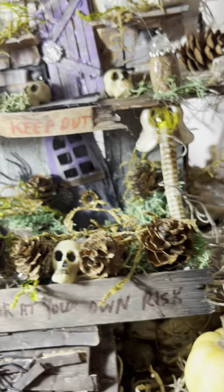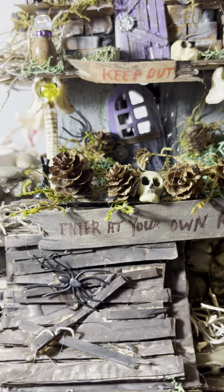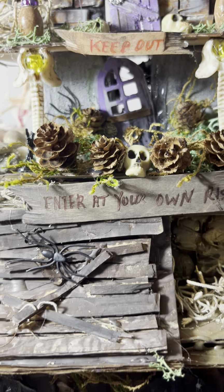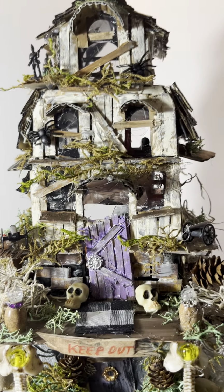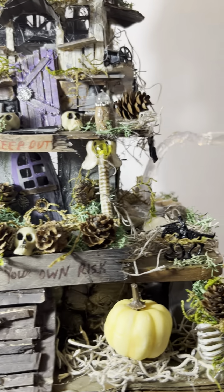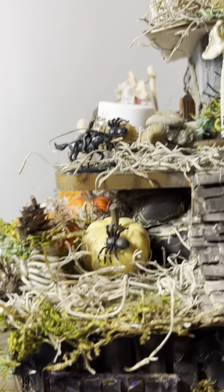But I'm going to turn this around because each one has that. This one has keep out. This one has enter at your own risk. And it's got spiders. This is, okay, the top layer. The second layer in the front, the third layer,